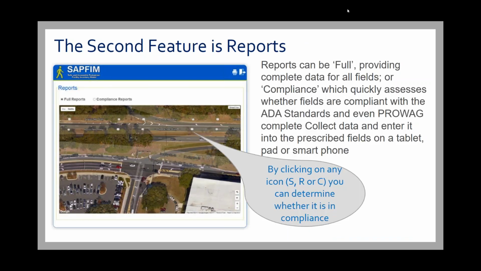So the second feature that you'll see on the home screen is going to be the reporting feature. Reporting can be as little or as much as you want it to be in terms of the data that you collect. You can run compliance type reports where you isolate certain features that you want to narrow in on, like the height of your pedestrian signals at your intersections, things like that. You can really tailor that reporting feature to anything that you would like to focus in on as an agency. So those reports can be full, providing